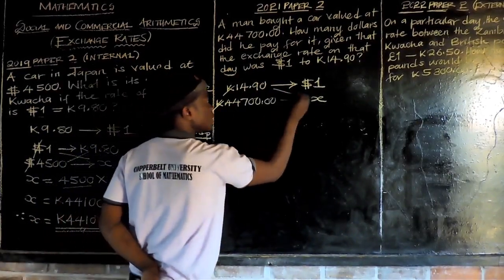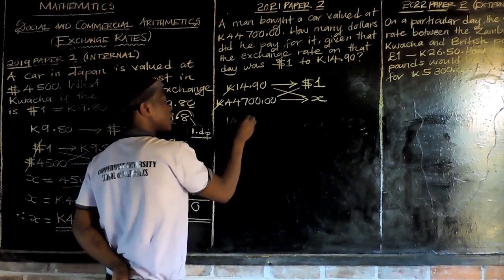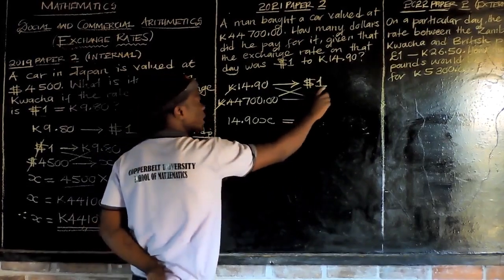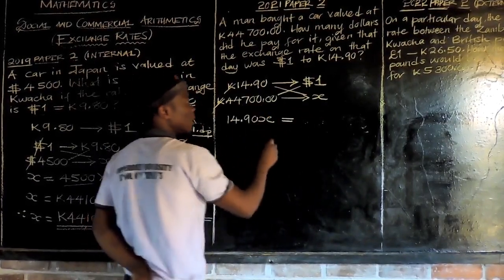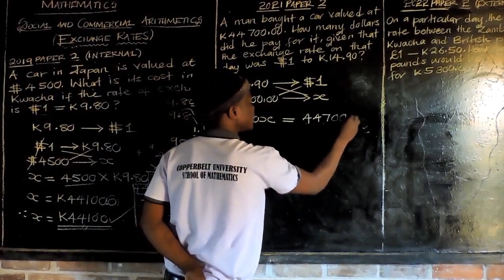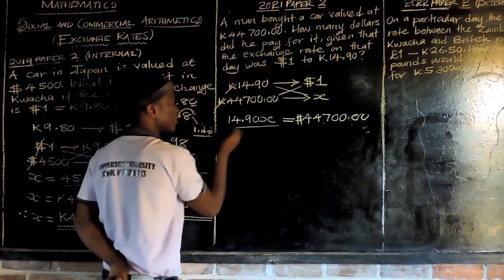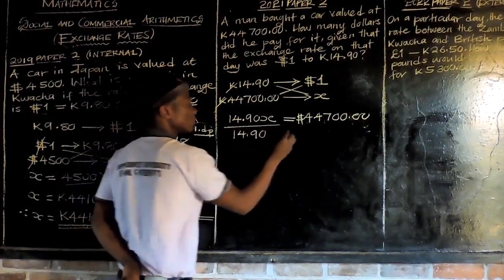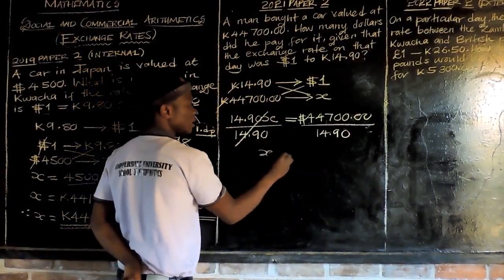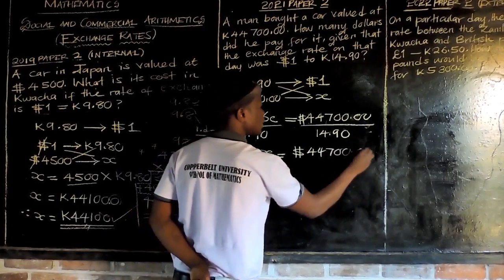So I'm going to cross multiply: 14 kwacha 90 ngwee times x gives 14.90x, is equal to, then we multiply $1 times 44,700. You're going to get 44,700. Are we together, people? Then for us to remain with x, divide both sides by 14.90. So these two are going to go. So x is equal to 44,700 over